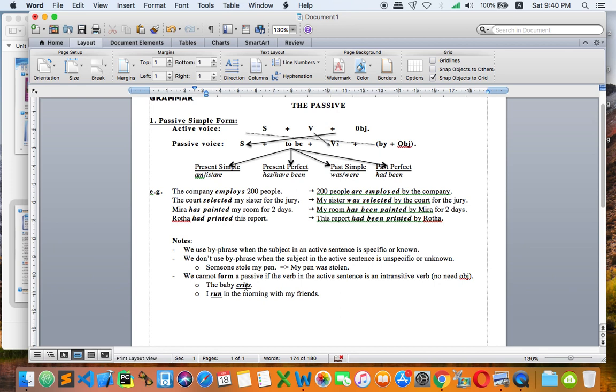When a sentence doesn't have an object, imagine that we have only a subject and a verb. How can we form a passive? Because the subject in a passive sentence comes from the object in an active sentence. So if we don't have an object, we cannot form a passive. As I explained a little bit earlier, these three are important. Without a subject, we cannot form a passive. Without a verb, we cannot form a passive. Without an object, we cannot form a passive. That is the reason for number 3: we cannot form a passive if the verb in the active sentence